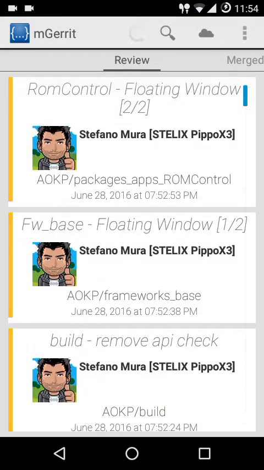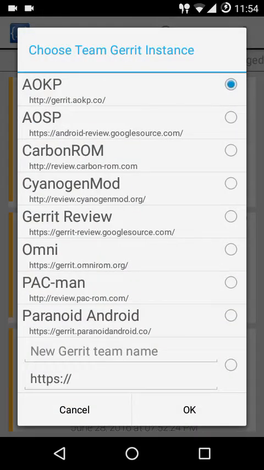So not just only AOKP, but you can view the Gerrit of any ROM which you want to follow. You have your AOKP, AOSP, Carbon ROM, CyanogenMod, Gerrit Review, Omni ROM, Pacman, Paranoid Android. So you can view the Gerrit of anything, and if you want to enter the Gerrit of say another ROM,